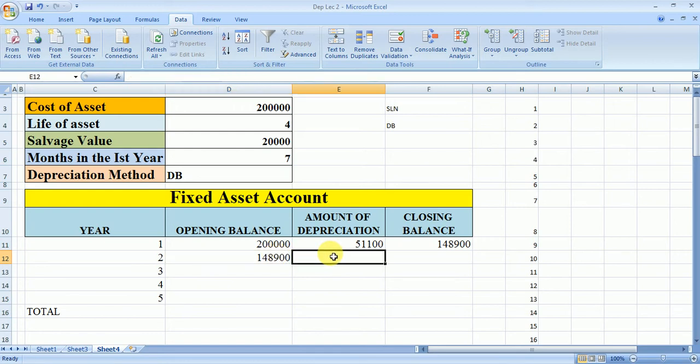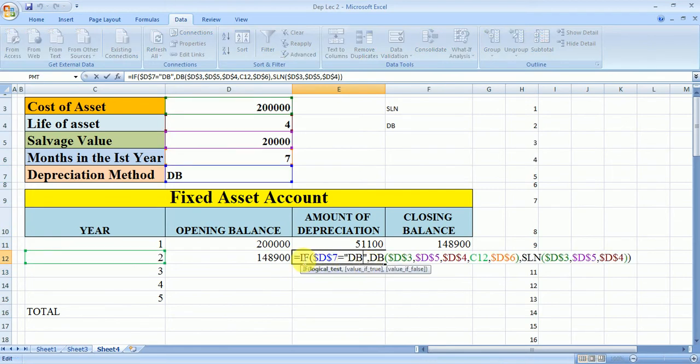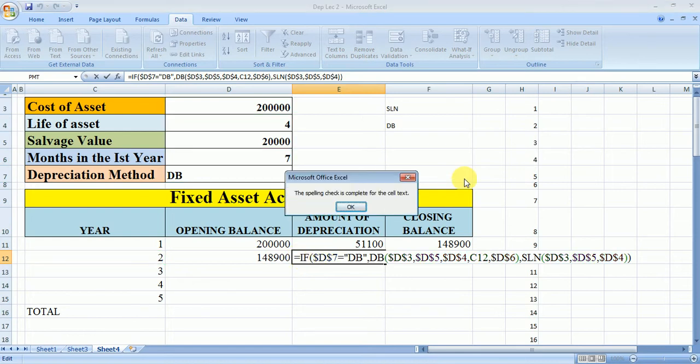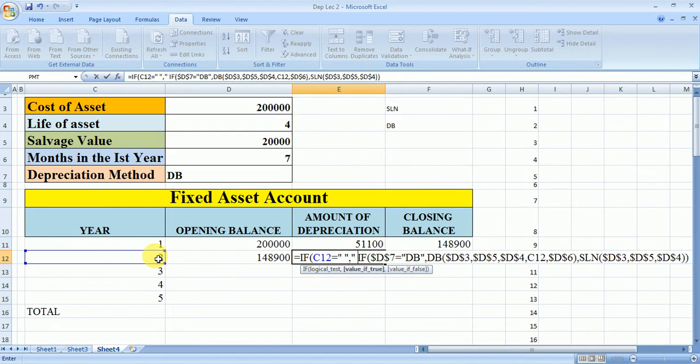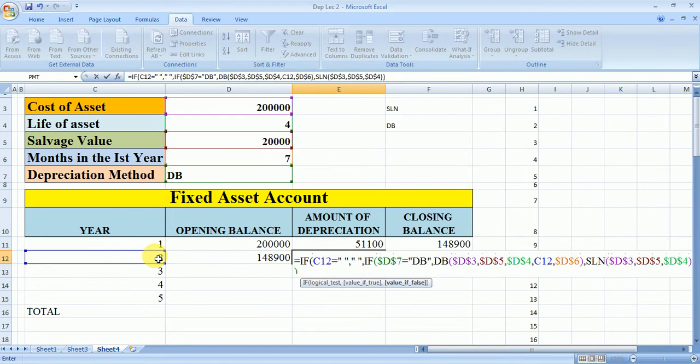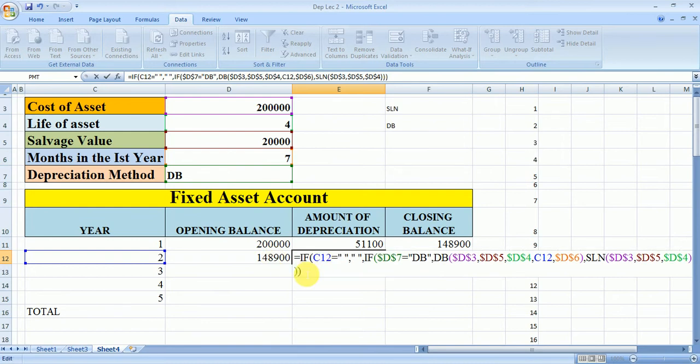Now for the amount of depreciation, we can simply drag this cell. Now this value is up here. Now we can make the adjustment in this. Here we need to apply the formula. So again I am using the IF formula here, that means the garbage cleaning first. If this cell is equal to blank, then it should be blank. Otherwise जो कर रहा है वो करे. I'll put one more bracket at the end, then enter.